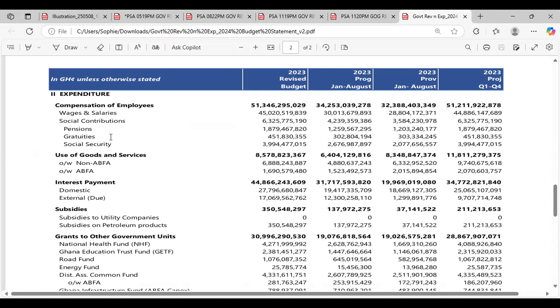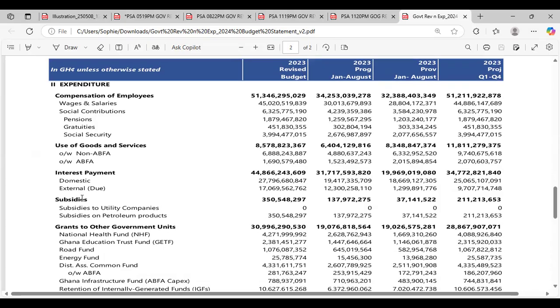When you see these things, you know where to classify them. The use of goods and services, non-annual budget funding amounts, then annual budget funding amounts, interest payments. When we are doing cash flow, some of these things you see more often, domestic interest, and then external